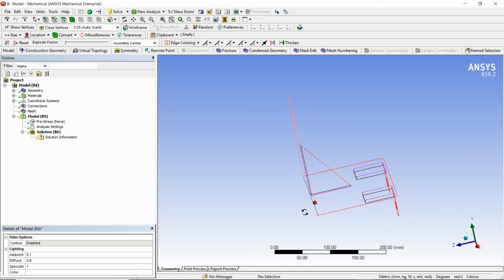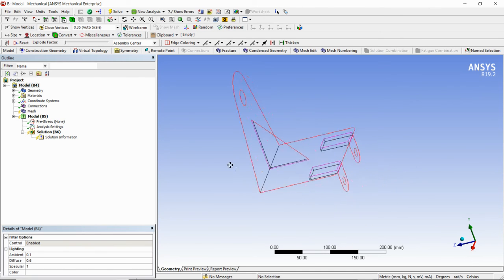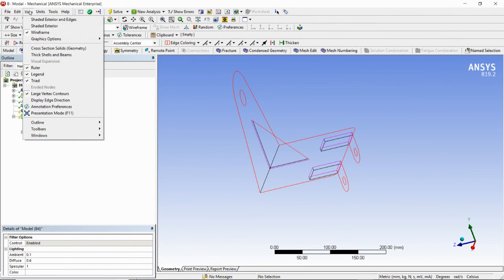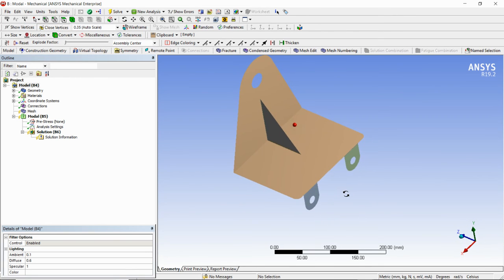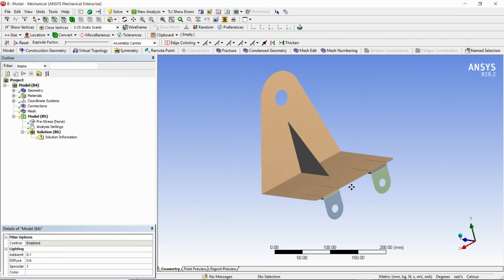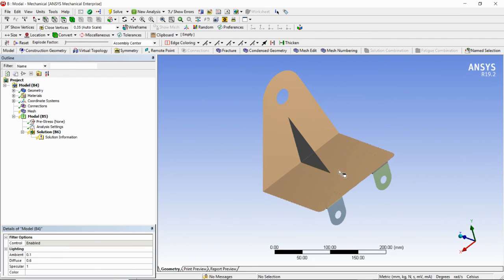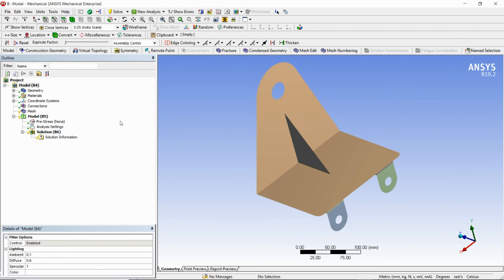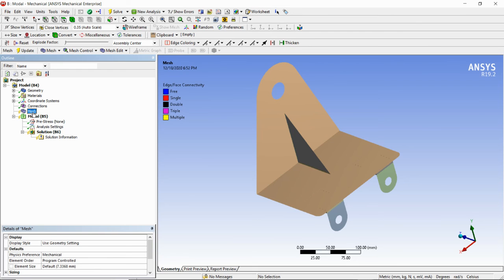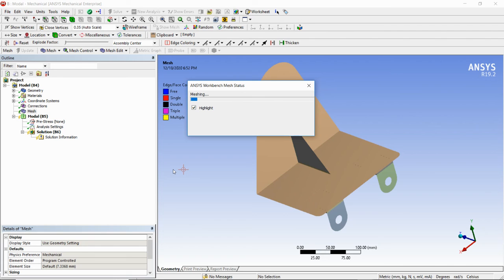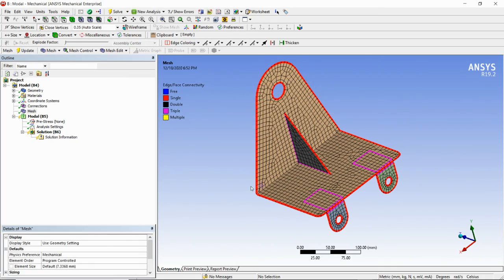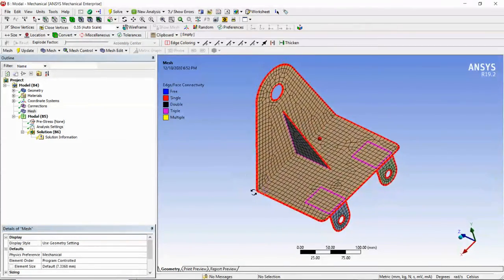Here you can see the wireframe model. This is our model, this is the mid surface. So I will mesh it. This is the meshed body.